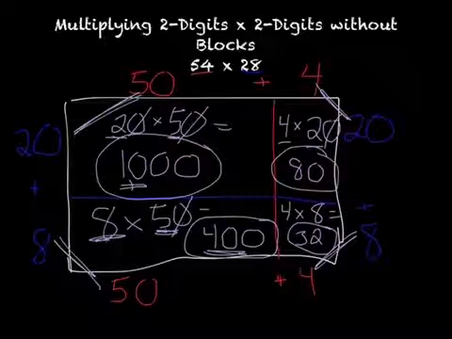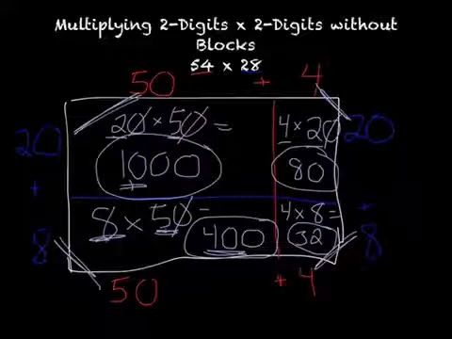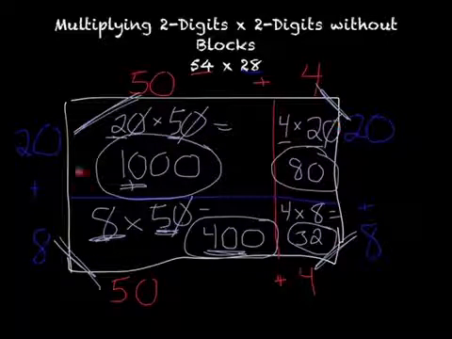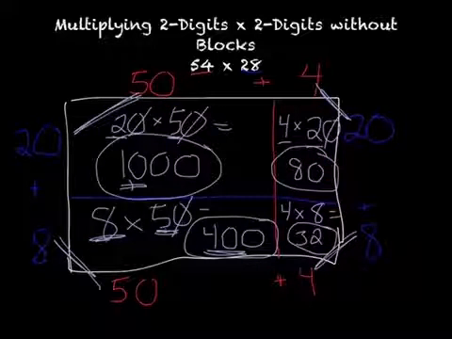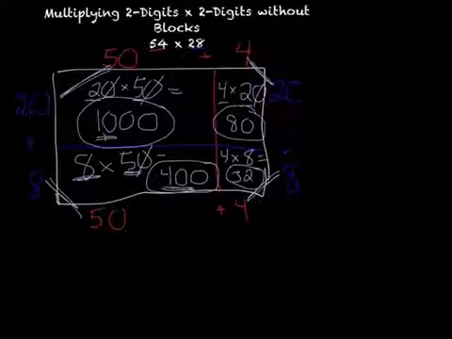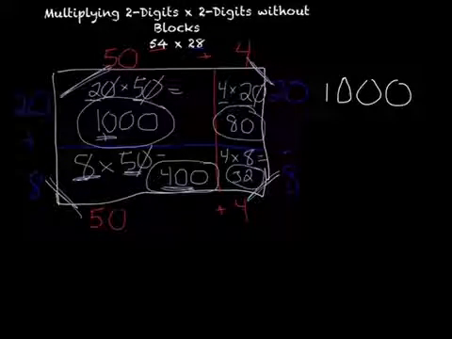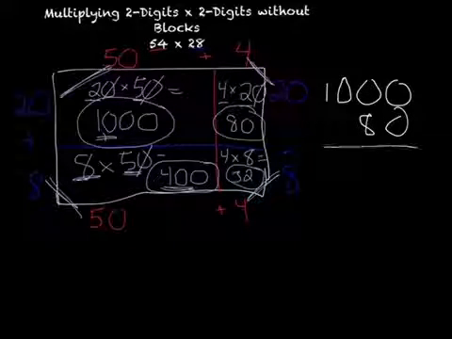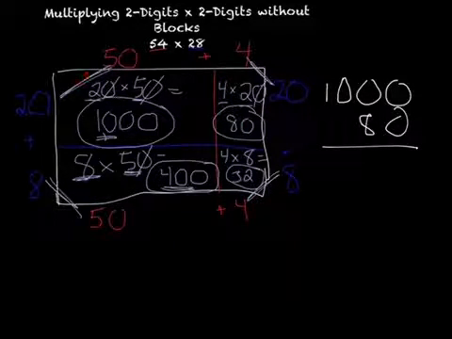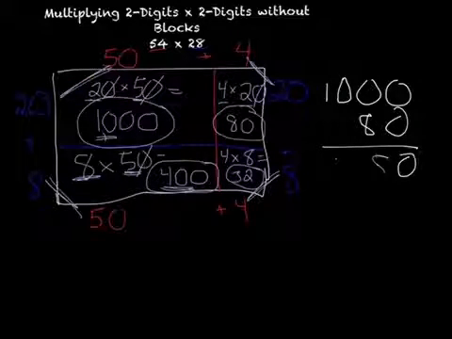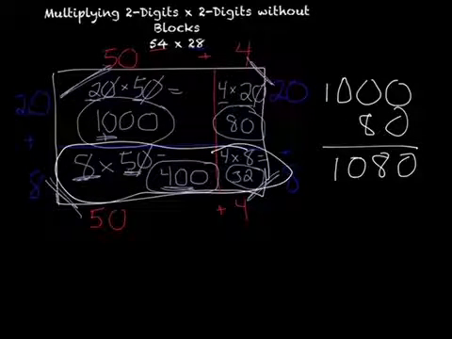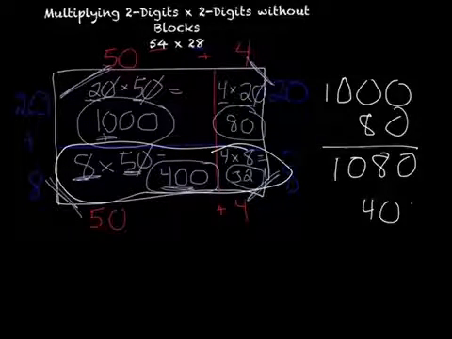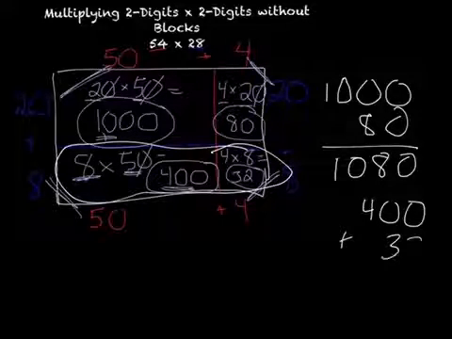So now I have 4 partial products. I want to know the area of the entire rectangle. So I have 4 parts. If I want to put them all together, I'm going to add them up. So I'm going to take each rectangle, each part, and add them together. So I'm going to do 1,000 plus 80, so the top 2 rectangles, this one and this one, and I'm going to get 1,080. I'm now going to add up these 2 rectangles, the bottom 2 rectangles, 400 plus 32, and I'm going to get